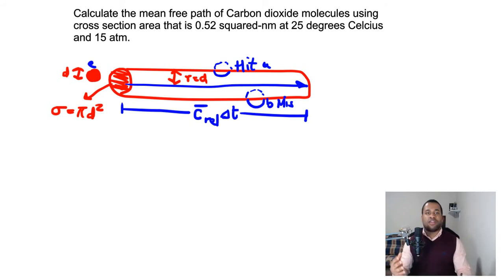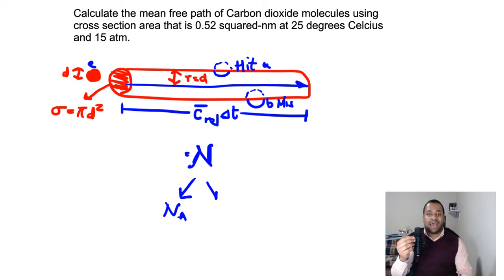Based on these assumptions, we came to a conclusion by showing the relationship between the number density, represented by this n, which uses the number of particles and the volume of the system,